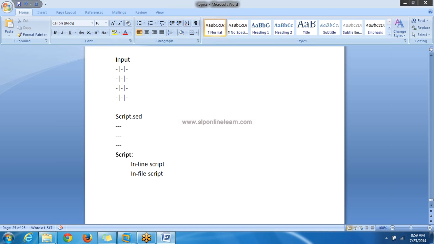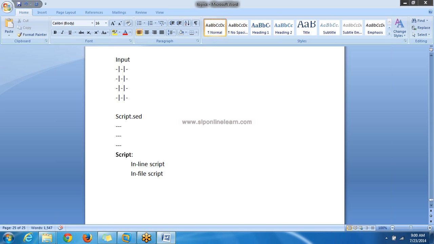Otherwise you can write all these commands in a separate file and give the file some name. If you want to identify it very easily, then use an extension also, like .awk, like we used .sed for the sed command. That is for the script file. So you give a valid file name and an extension like .awk. This .awk is not mandatory, not compulsory, it is optional. It is only for user understanding. So this script can be in a file or inline.